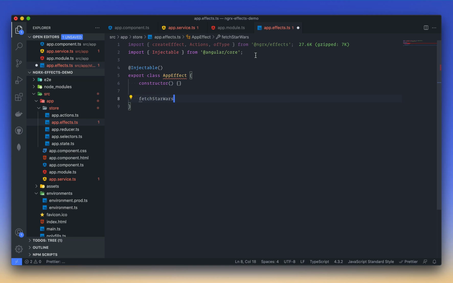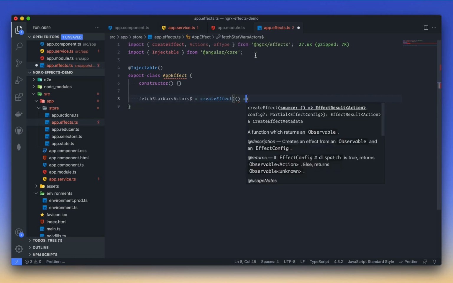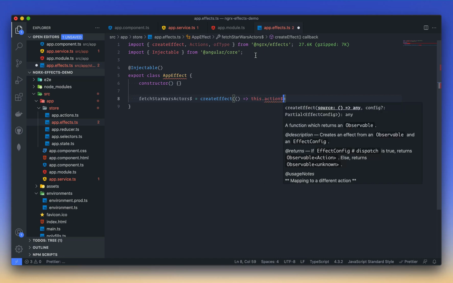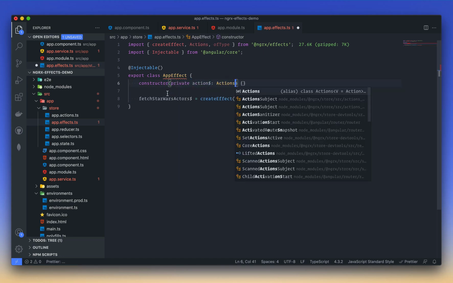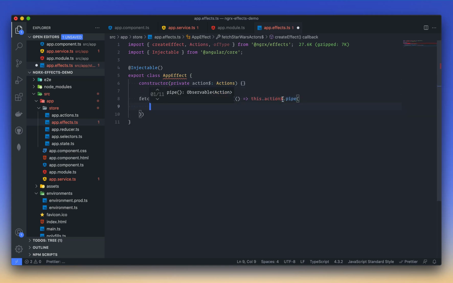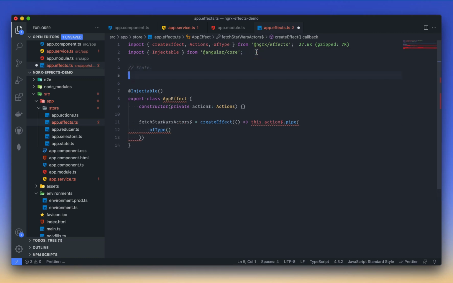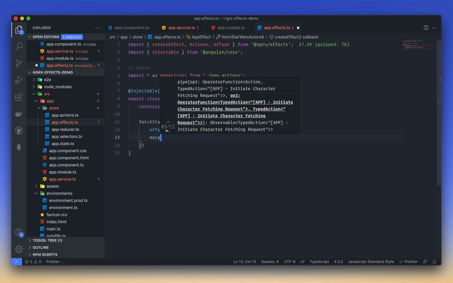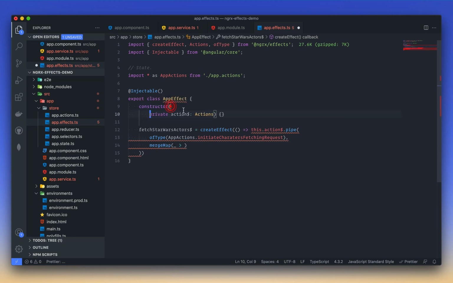Now, let's create our effect. We use a special function called createEffect, which will take a callback function. This will need an actions class to be injected locally, which will be a simple listener to our application-based actions, meaning that for any action that is dispatched, the actions class will know about it. The result will be an observable, of course, which we can pipe through. Consider the ofType operator as a special kind of filter